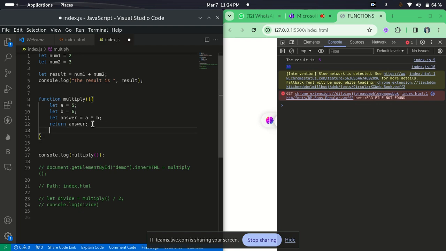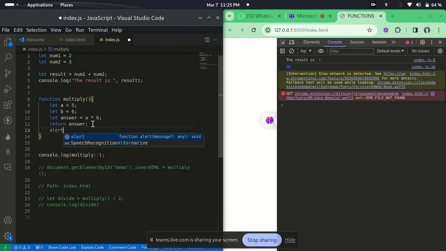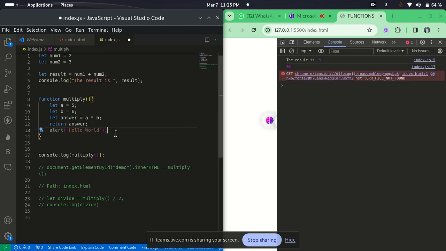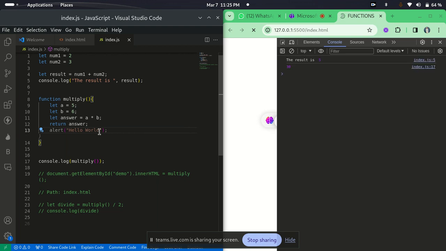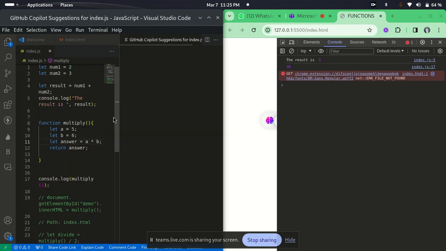So anything written inside here, let me just use alert, hello, and save. It's not going to work, because when you say return, anything that comes under it, your computer doesn't even look at it, before saying execute. Now if I remove this alert, Control X, and paste it just before the return,